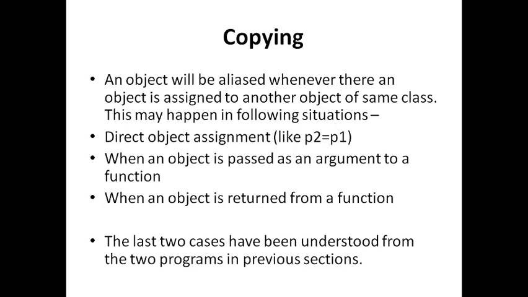In the previous video we have seen the program on how to create a point class and how to create a rectangle class, and in this particular program we have seen how an object of one class is made an attribute for an object of another class. We have seen how we can use objects of one class as an attribute of the object of another class, and also we have seen returning objects from functions, to show how an object can be returned from a function.